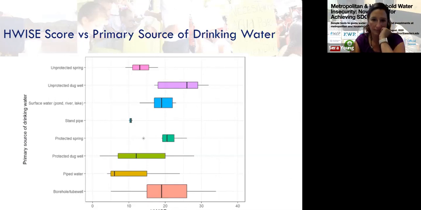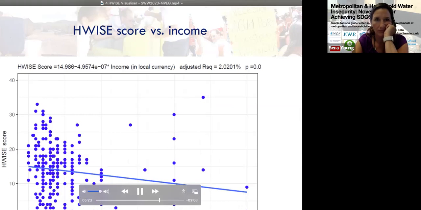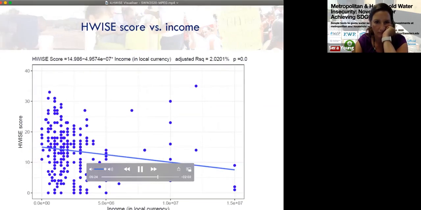Similarly, if we look at interval data, in this case income data, we also find that the relationship between income and HWISE score is not simple either. In this case,